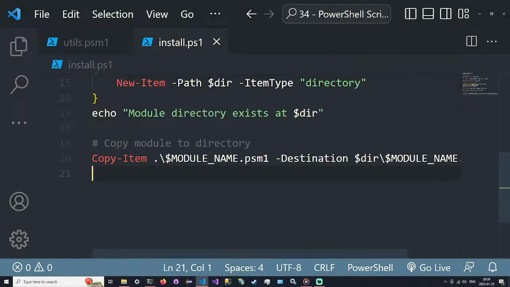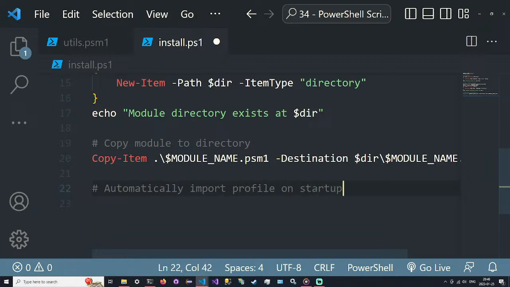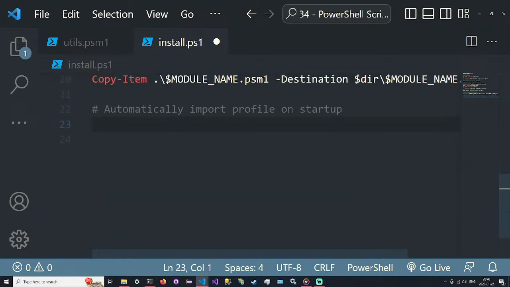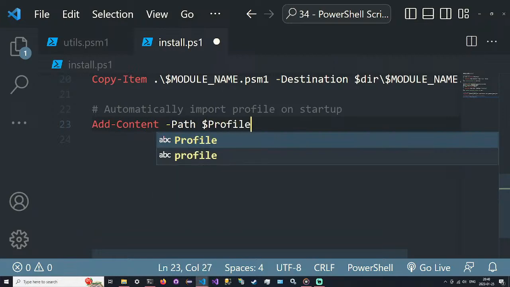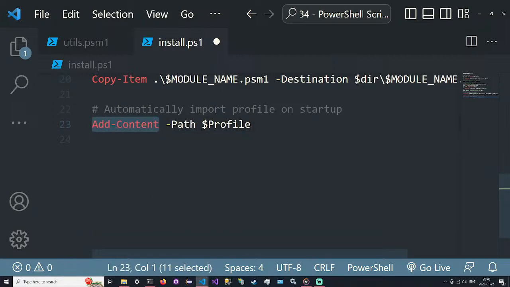And the way to do that is we essentially need to use PowerShell to append to that startup profile file. And we're going to do that with a couple more commands, of course. So automatically import profile on startup. This is our new section here. And we are just going to use the command add-content -path profile. So add-content appends to a file. We give it the path as the profile variable. The value is then going to be